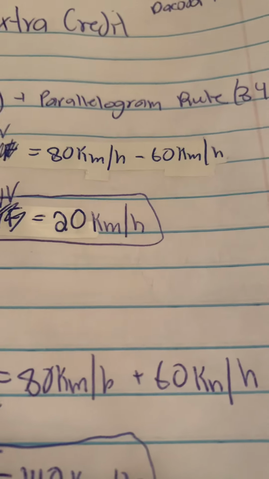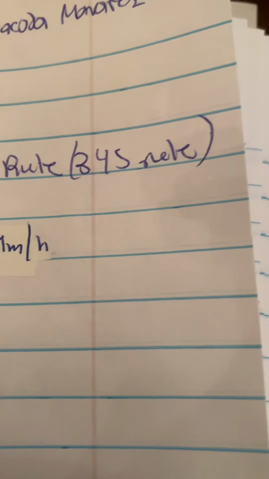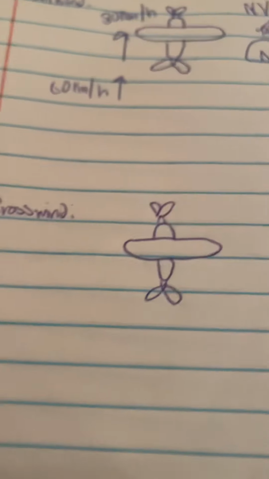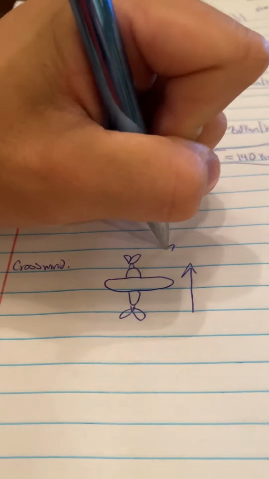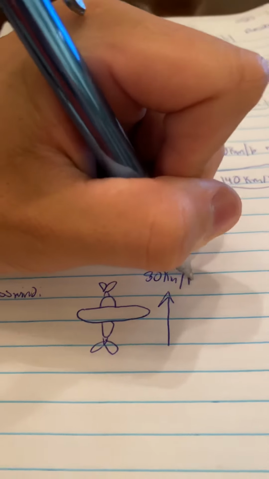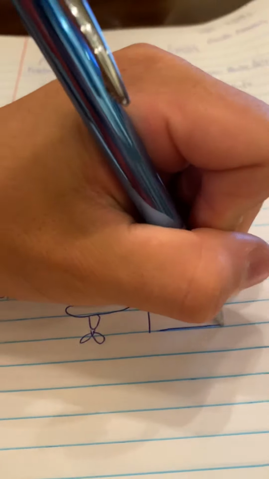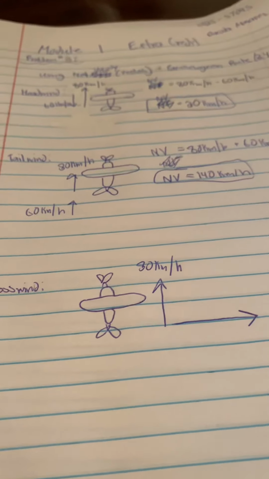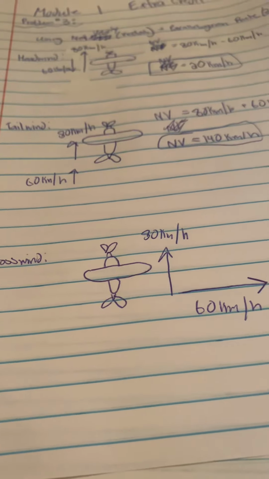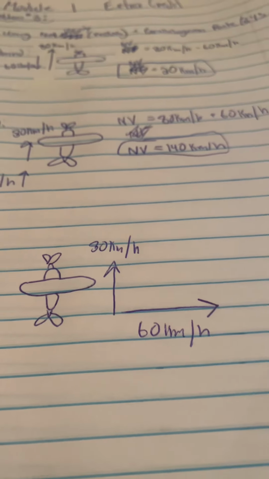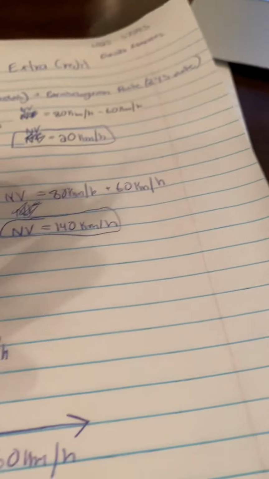Now we're going to be using the parallelogram rule, also known as the 3-4-5 rule for the crosswind. So, yet again, the airplane is still going at 80 kilometers an hour this way. However, we have crosswind now going perpendicular to the airplane at 60 kilometers an hour. Using the parallelogram rule, or the 3-4-5 rule, I should say,